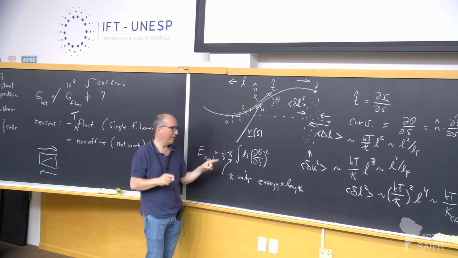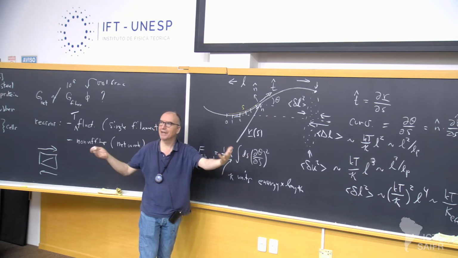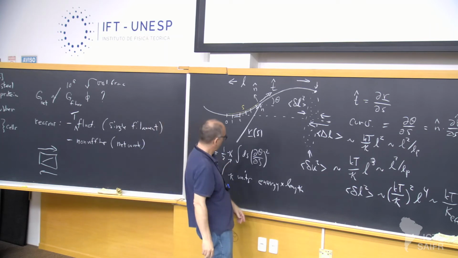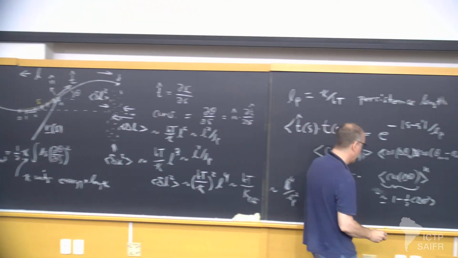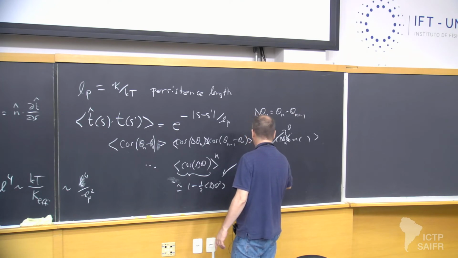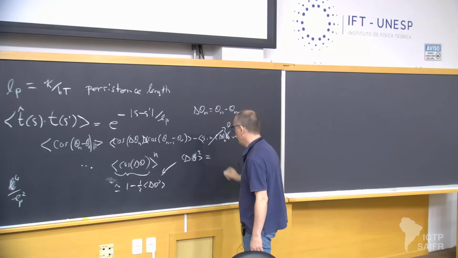But every term, 1/2 kappa times that combination, has to be on average 1/2 kT, the equipartition theorem. So let me see if I got all my factors of 2 right. Yes. Doing all that, I find delta theta squared average is nothing more than